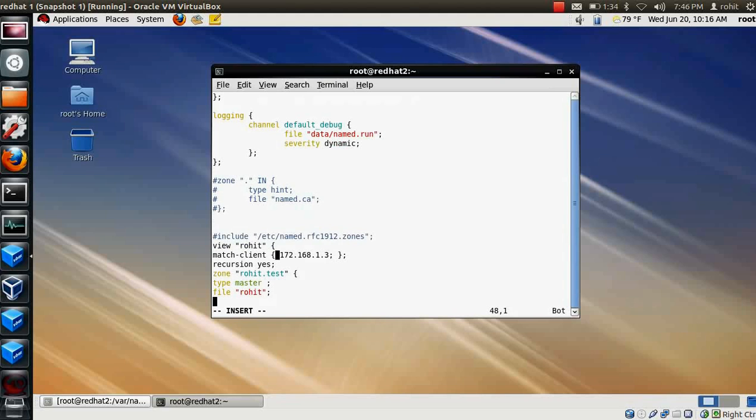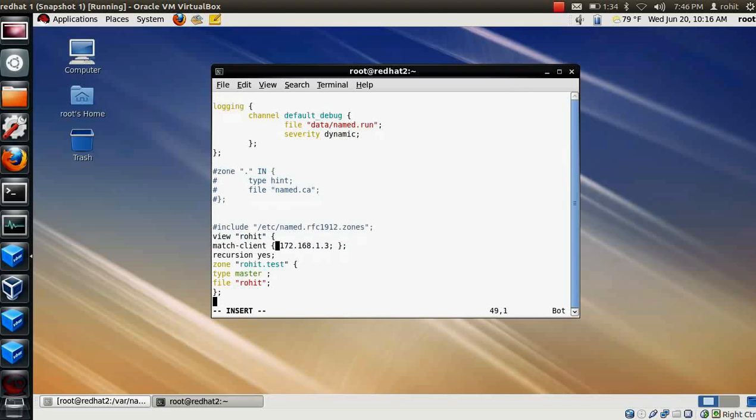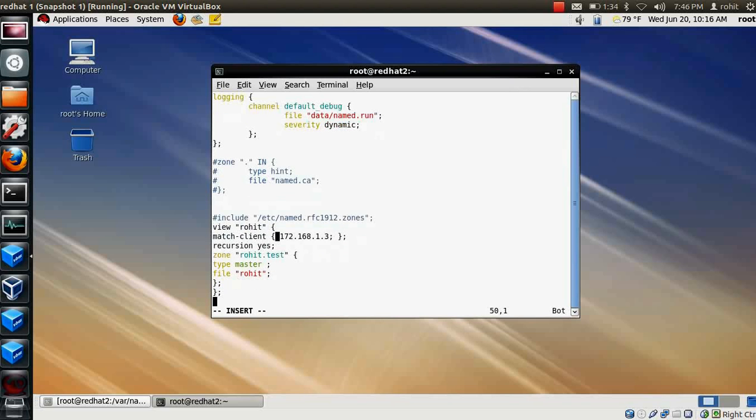Now you can configure all the normal configuration of the named.conf file, like first say recursion